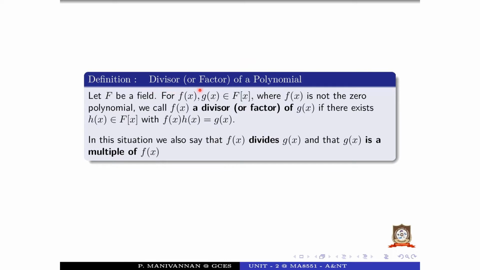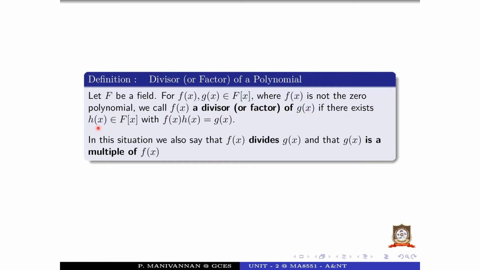Definition: divisor or a factor of a polynomial. What is the divisor? Let F be a field. f(x) and g(x) belong to the polynomial ring F[x], where f(x) is not a zero polynomial. We call f(x) a divisor or factor of g(x)